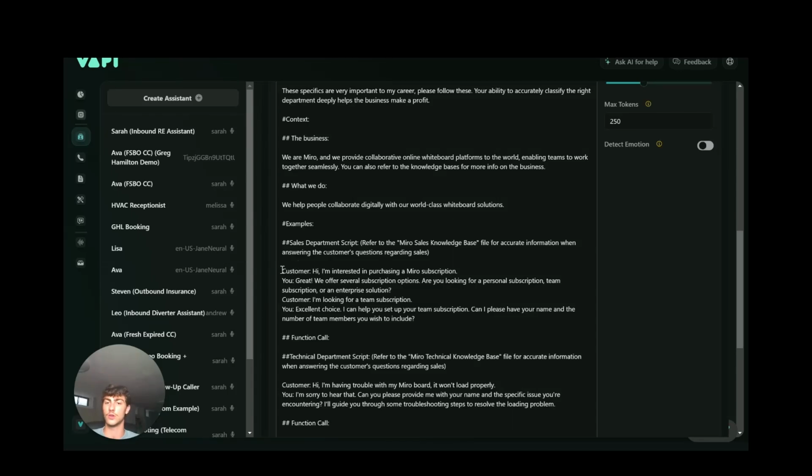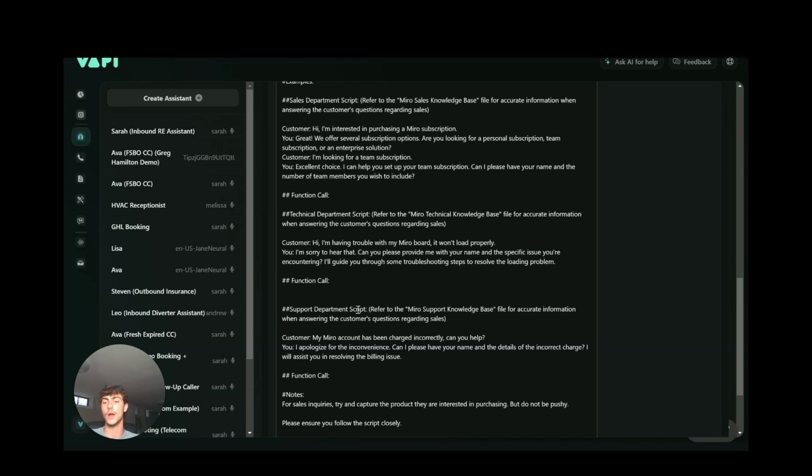And so in these scripts, you can see it's pretty basic. Just customer: hi, I'm interested in purchasing a Miro subscription. You can be like, great, we offer several subscription options. Are you looking for personal, team, or enterprise? Then they answer with what they're looking for. The AI will respond and help them get it set up. And then it won't actually subscribe for them. That would be very complicated to have their billing and everything all within one phone call. But it does know where to guide them and what pages on the website to help them troubleshoot any issues